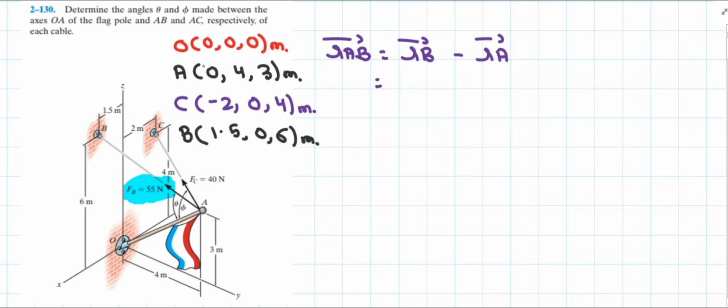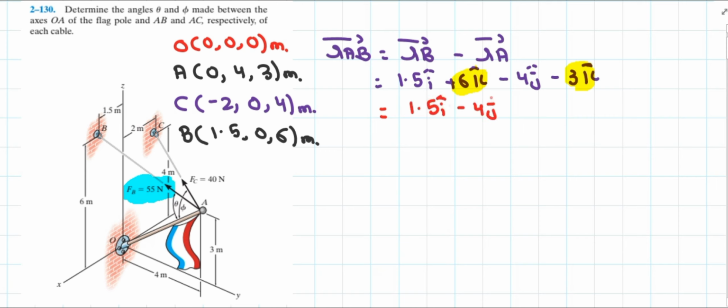The location of B point is 1.5 i cap with positive 6 k cap. And the location of A point is negative 4 j cap with negative 3 k cap. Now add positive 6 k cap with negative 3 k cap. So it gives us a result of positive 3 k cap. So it is 1.5 i cap with negative 4 j cap with positive 3 k cap meter. This is the position vector of R_AB, and don't forget to write down the unit here,